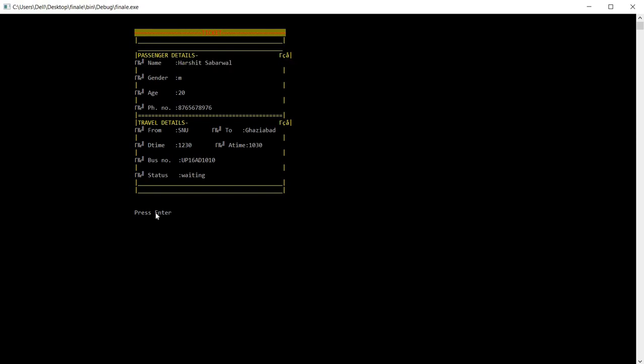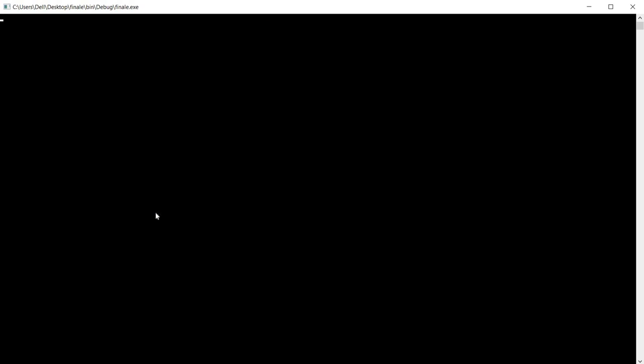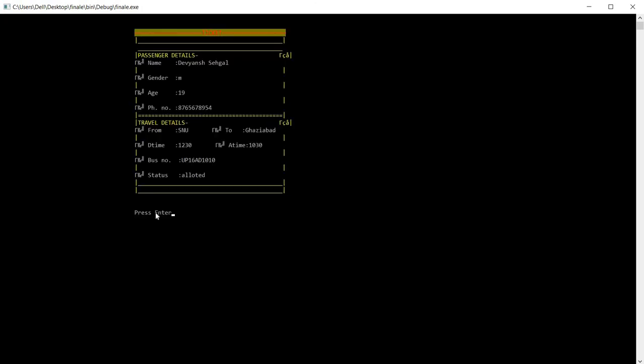Okay, so we'll go back. Old user. Now we'll go for Divyansh Sehgal, who was DS680. We'll do show tickets. There is a ticket in which the status is allotted.